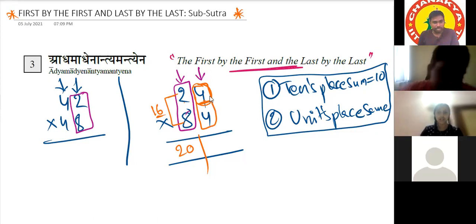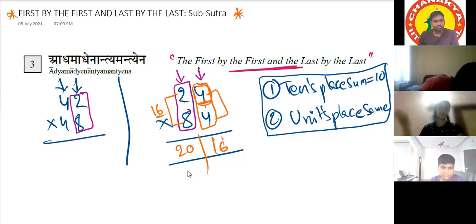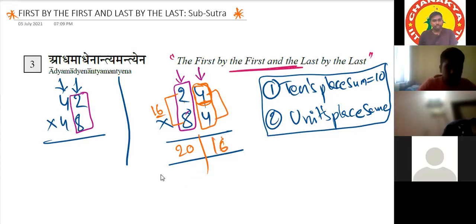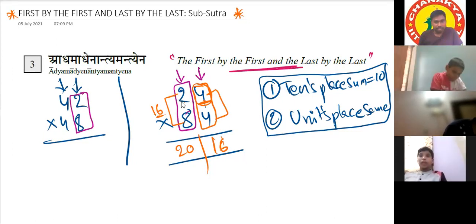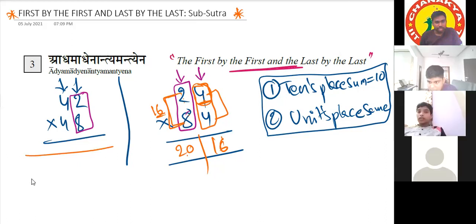Okay, then second part. See, second part is very easy. Simply 4 4s are 16. That's all. Sir, I didn't understand first part. Okay, first part I will explain again. See, multiply the tens place digits. 2 8s are 16. Then add the common number. What is the common number? 4 is the common, right? So 16 plus 4 is 20. Okay, sir. First we should multiply and then add. Yes, first multiply, then add the units place. I'm giving one more question.